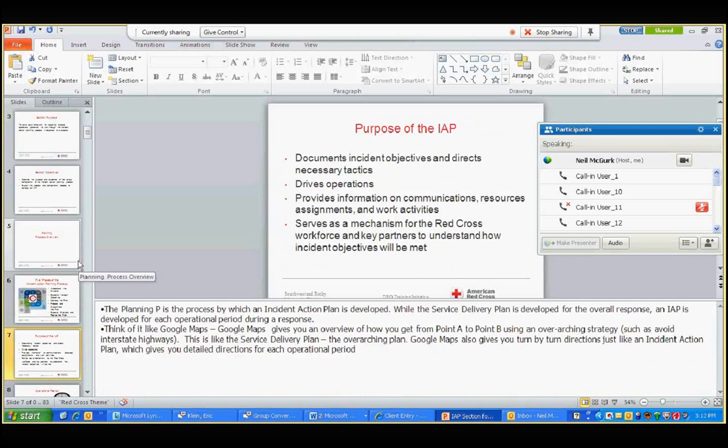Then we discussed a little bit about the purpose of the incident action plan, and this is where it's important to highlight again that the purpose is to actually use the planning process. The purpose is not to produce an incident action plan. That is a secondary result of following the process. But the process is designed to allow us to be better planners and better engaged on the entirety of an operation, with all of our workforce working together for one common goal. So that's the key thing to mention here: we're not just doing extra paperwork. That's not the intention here. The intention is the process and allowing the process to work for all of us.